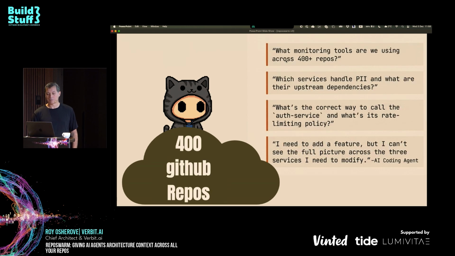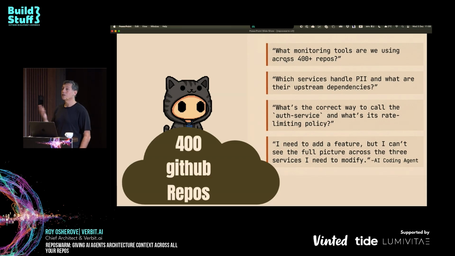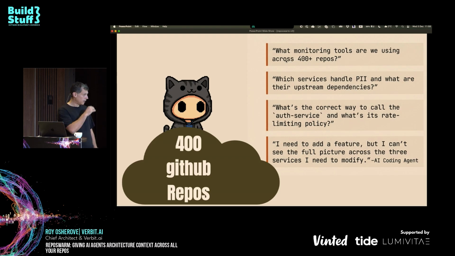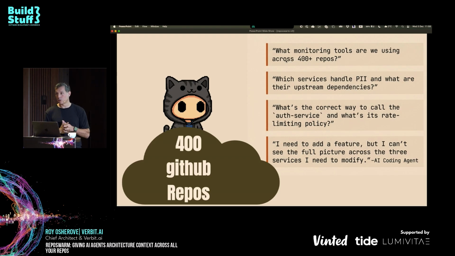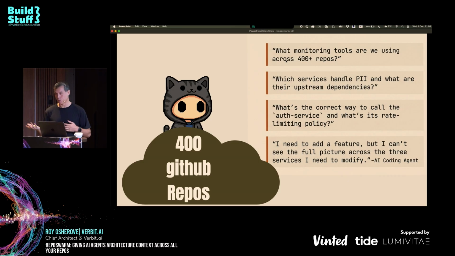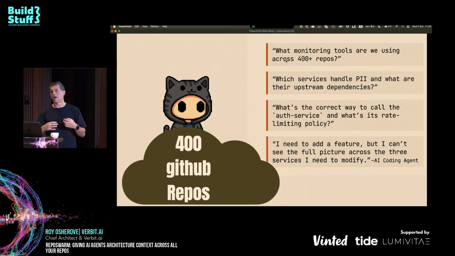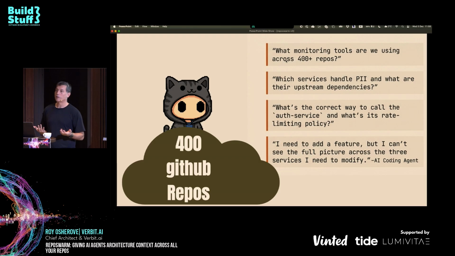both from an architectural perspective. So if I want to ask a bunch of questions across my company, for example, a simple question, somebody came to me, and this is a real scenario. We want to consolidate all of our monitoring. Across all our repositories, we have to make sure which monitoring tools we use so that we can know how much we're paying them, but also we want to know how much work it will be to consolidate to a single monitoring tool. So if I wanted to ask that question today without Repos Swarm, I have to start searching across GitHub and do a lot of manual work. It could take days or weeks to actually find a good answer.